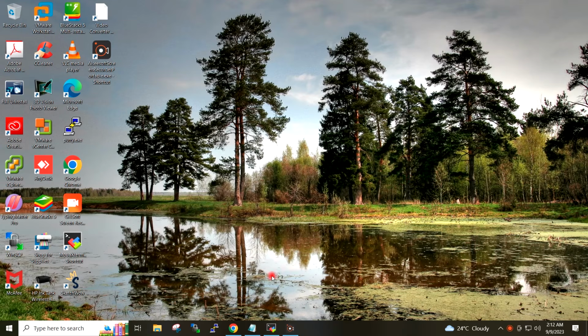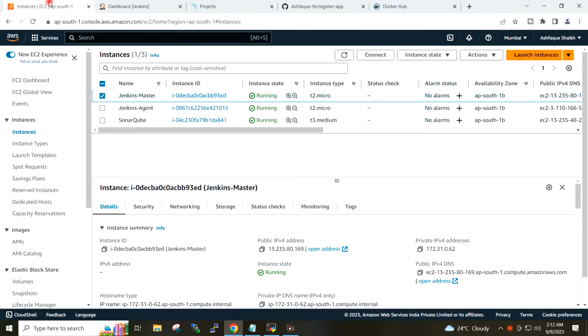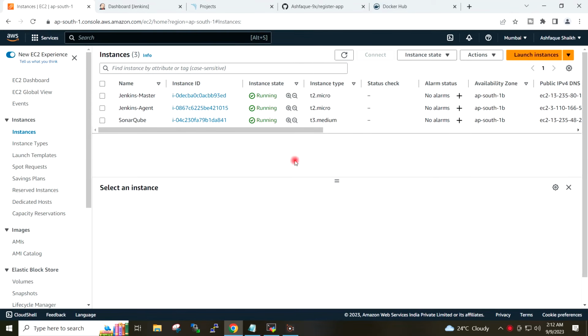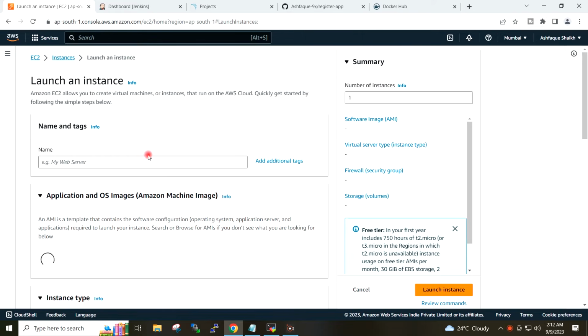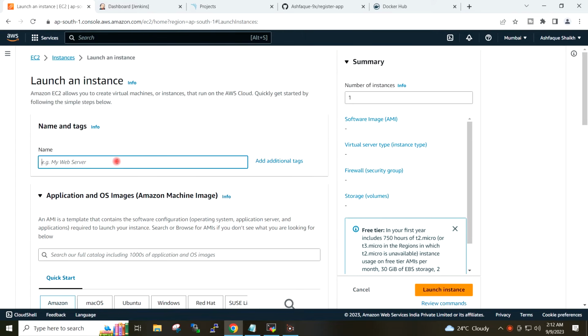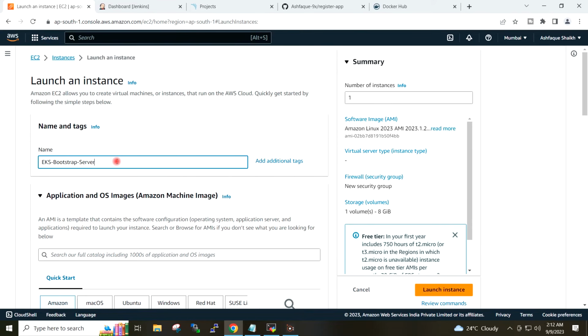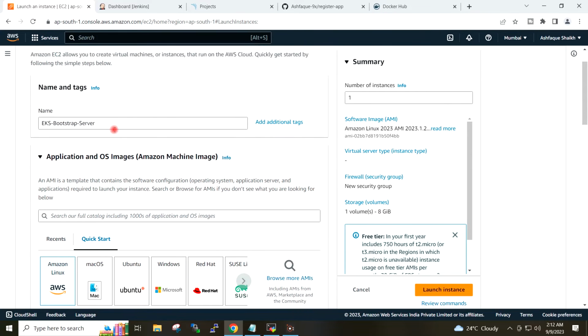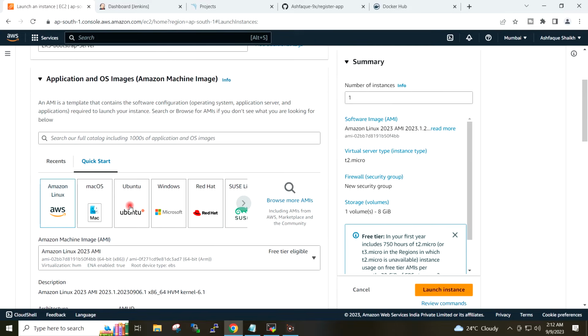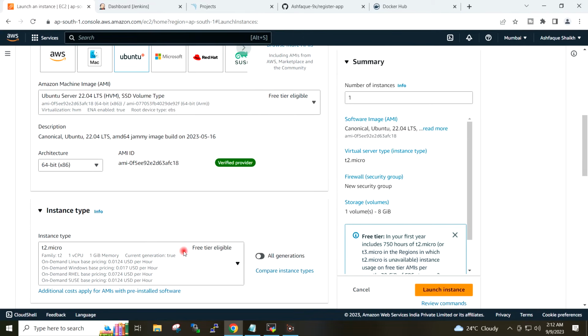Next step is to create the EKS Bootstrap server. So on the AWS console, I will go to launch instances. I will give the name EKS Bootstrap server, Ubuntu, T2 Micro.